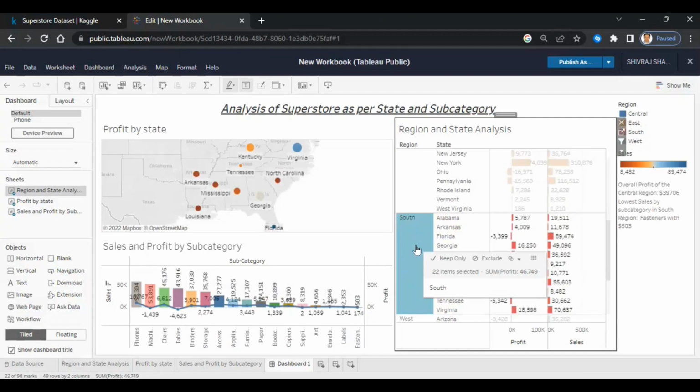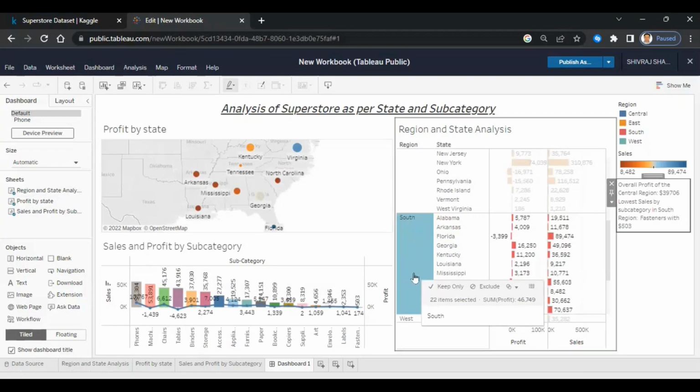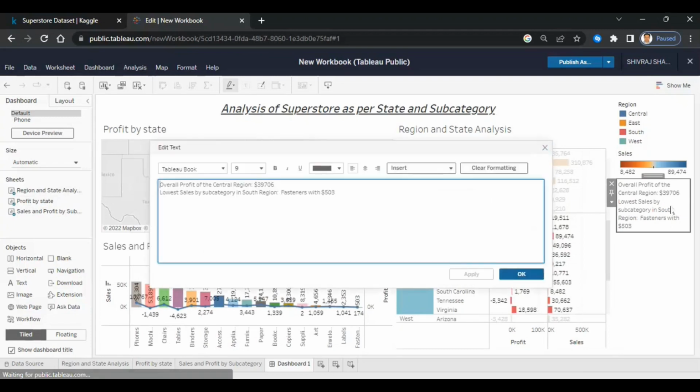Click on OK and see, this is your South region, and what is your total profit? Your total profit is 46,749. So you can put it over here also: $46,749, right, with total profit of South region, right? It will make more clarification that if we have a total profit of this much in the South region,